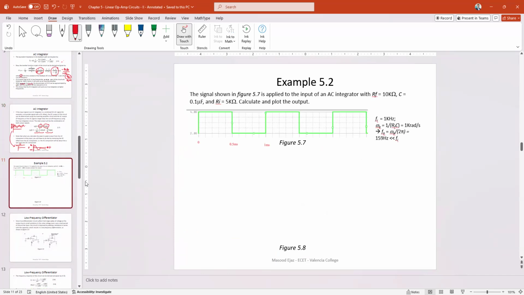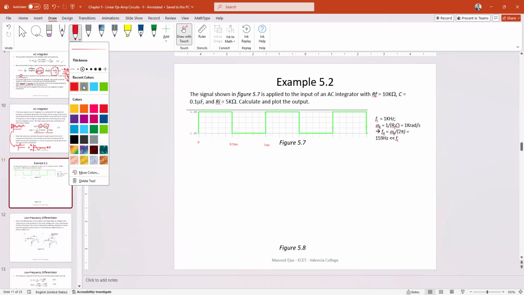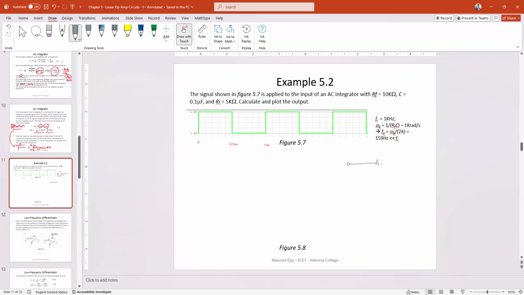Let's look at this example, example 5.2. In this case, we have an AC integrator. So let's say you have input, negative, positive. So this is your circuit, V out, V in, R input, RF, and C. And C is given as 0.1 microfarad, R input is given as 5K,